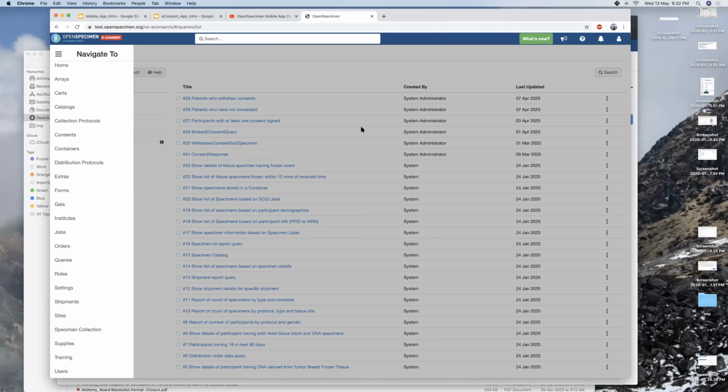If you're already collecting consents in Epic and you want to pull that data into OpenSpecimen and into the consent module, our current Epic interface does not support it out of the box, but it is very easy to do, and adding links, etc. is all possible as long as we get that data from Epic. So finally, it is a question of how the data will come from Epic, and right now there are a couple of different options we support, that is HL7 or a nightly data dump from Epic. Whichever works for you, we can help you with that integration. We already have experience of doing this for multiple clients.